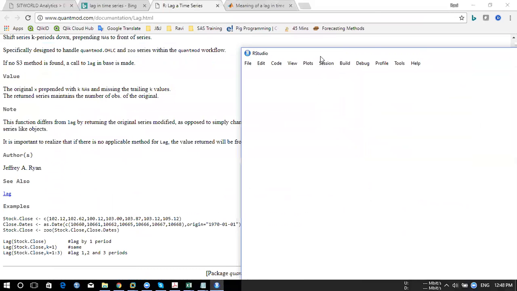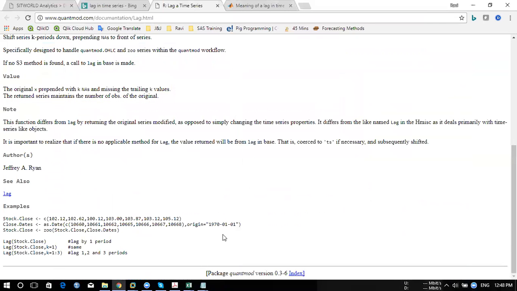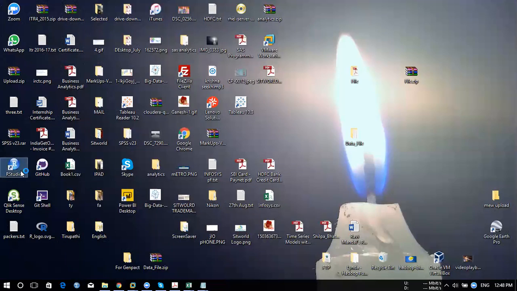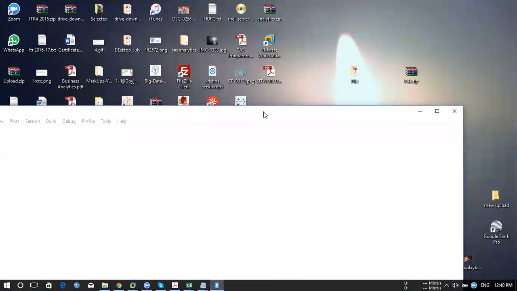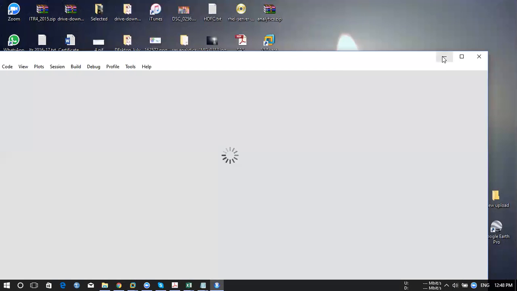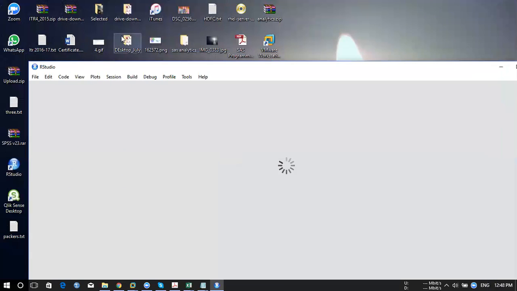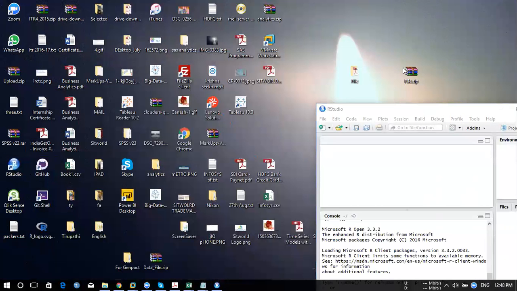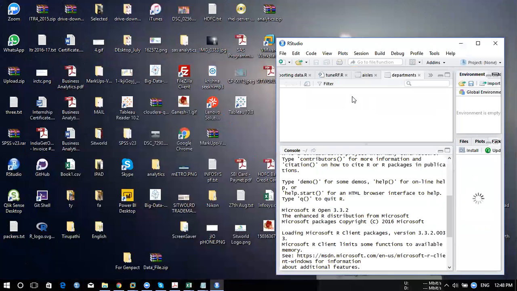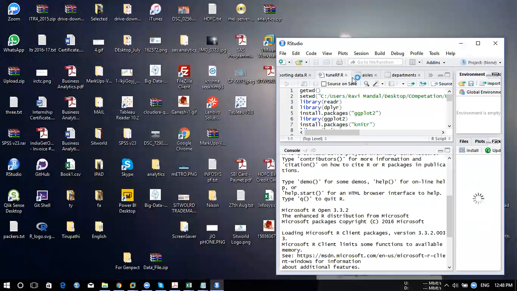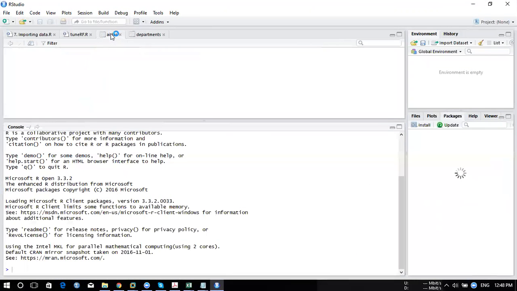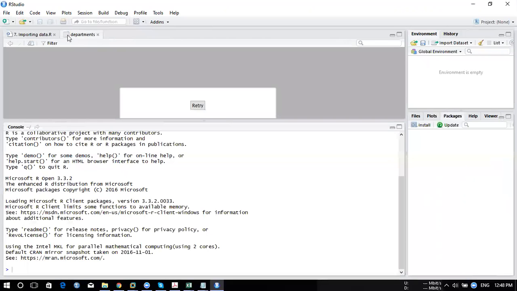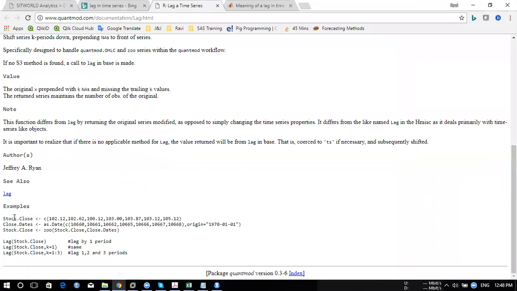I just want to leave it then. There's a problem with R. If you copy this, it's going to create the data set.